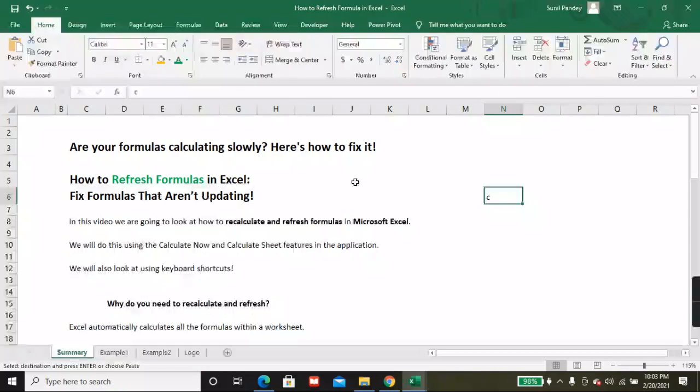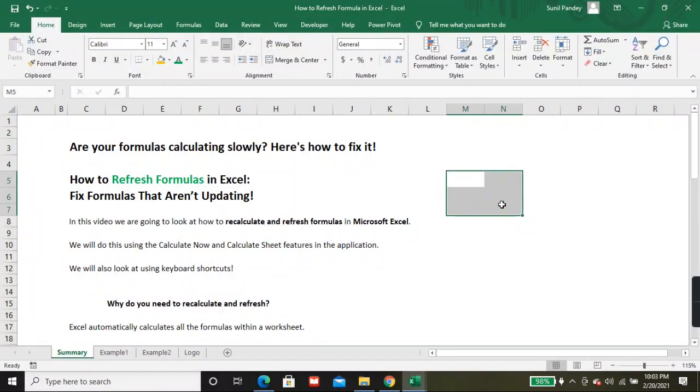Today I will let you know how to fix it, how to refresh formulas in Excel, and fix formulas that aren't updating. If you are opening any heavy Excel file, it will calculate and take a lot of time to open.